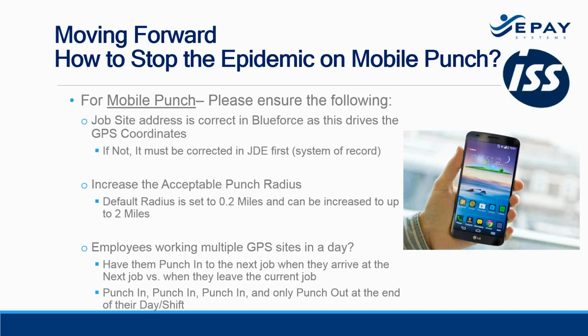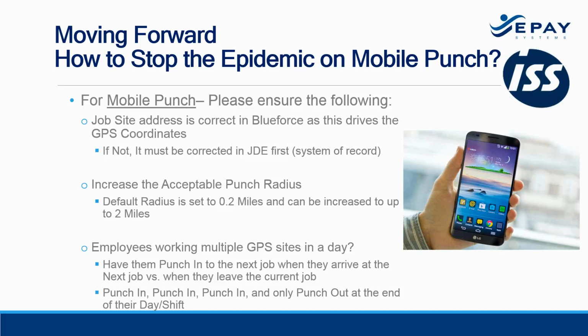And we can actually increase that radius up to 2 miles. Now, 0.2 miles is about 2 city blocks, just for the sake of discussion here. Your employees might be parking 5 blocks down the street and then walking to the building. Worst case, and we have a couple of sites that do this, that's also where our supply cabinet is, or where they actually start their day. Well, if you're asking them to punch in 5 blocks away or across the whole campus,